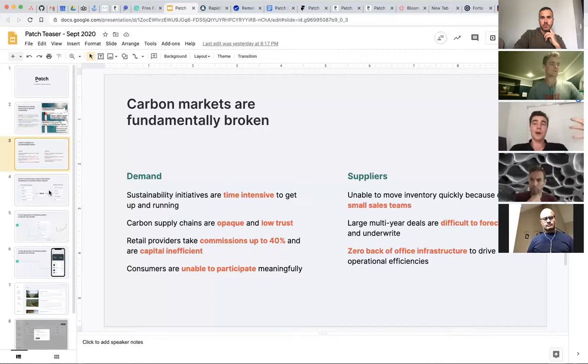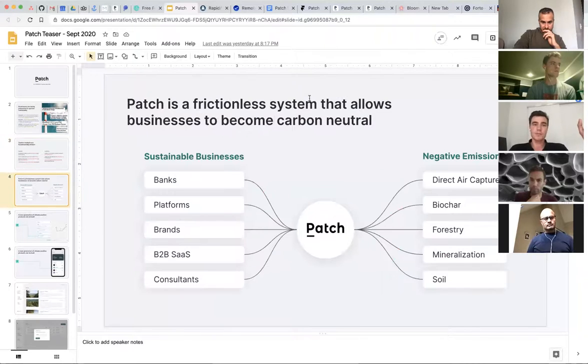And so this is where Patch comes into play. Patch is essentially a platform for negative emissions. And what does that actually mean? On the demand side, it means we're an API that allows you to transact with negative emissions, and that's across any type of negative emission. We have some of the types listed here across mineralization, enhanced weathering, soil carbon sequestration, biochar, etc. And suppliers can load all of their inventory into our system, and we make it accessible via API